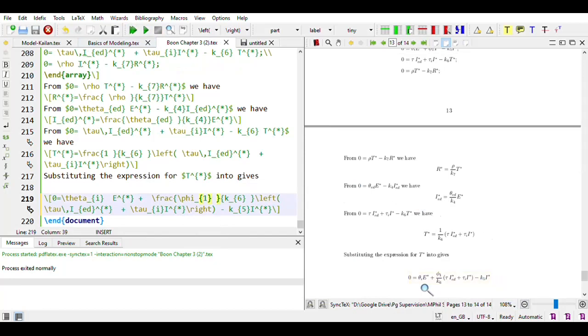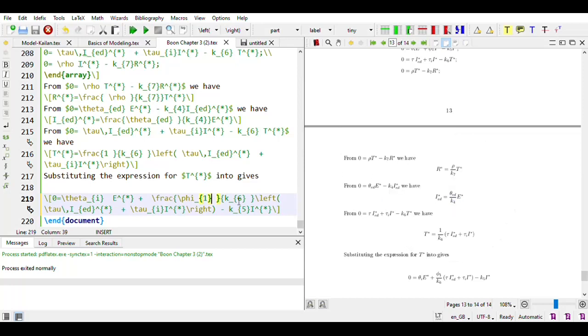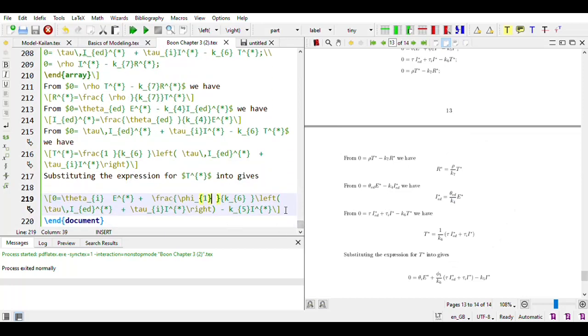Now, however, we remember that I_ED was also expressed in terms of E, right? Also expressed in terms of E. And so we can put in place of E the expression for I_ED. Also substituting